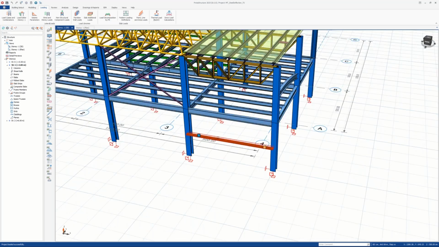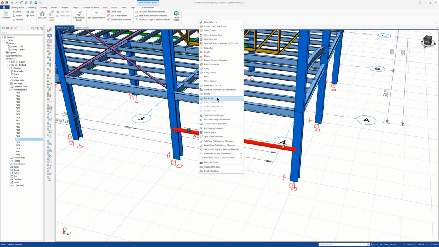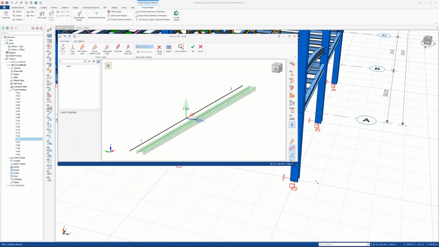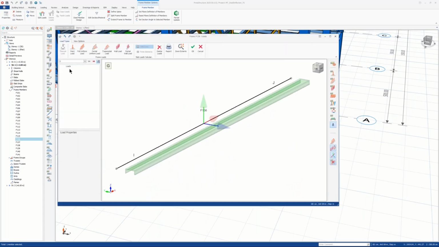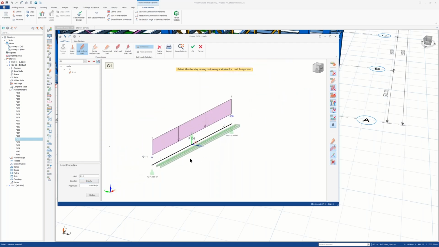What I want to do now, maybe in this girder frame, is apply loads. Okay, with the load editor, I now have this member in front of me, and I select the G1 here. Maybe I have a full uniform load in gravity direction. Okay, 1 kilonewton per meter, and done. The Q1,